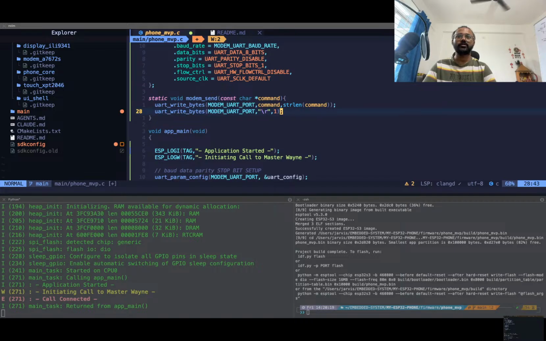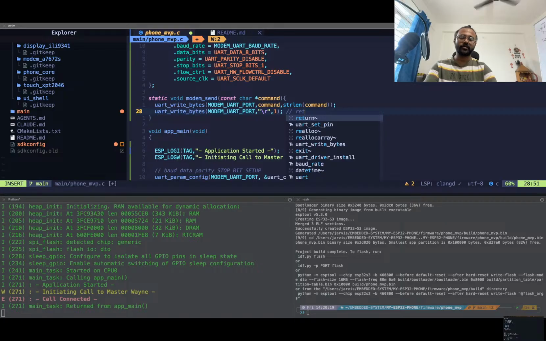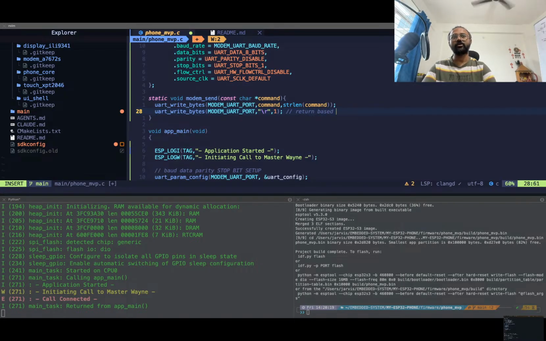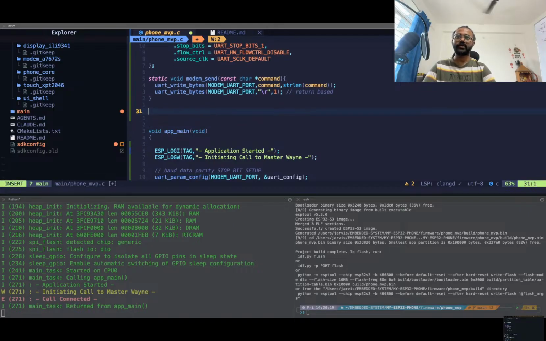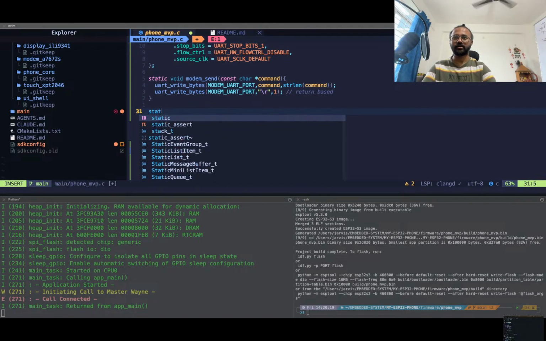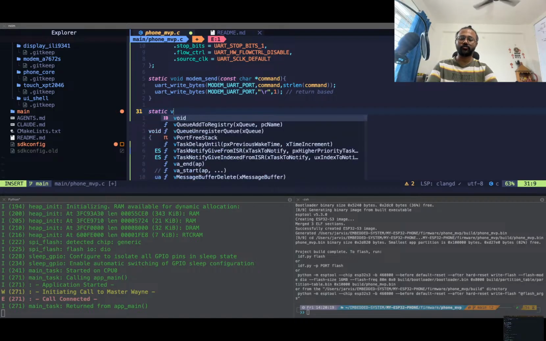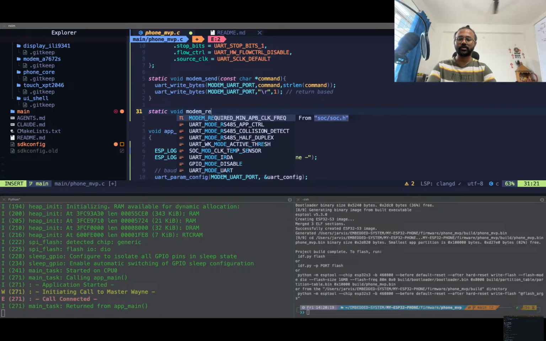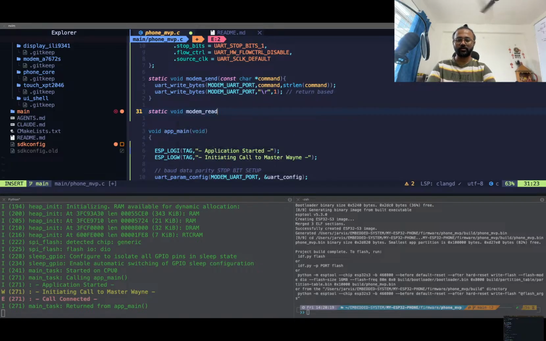Now one thing to notice or remember here is that it is return based, not carriage return. Read and print response. This is another function we'll need. We'll do static void modem read, yes, is it like